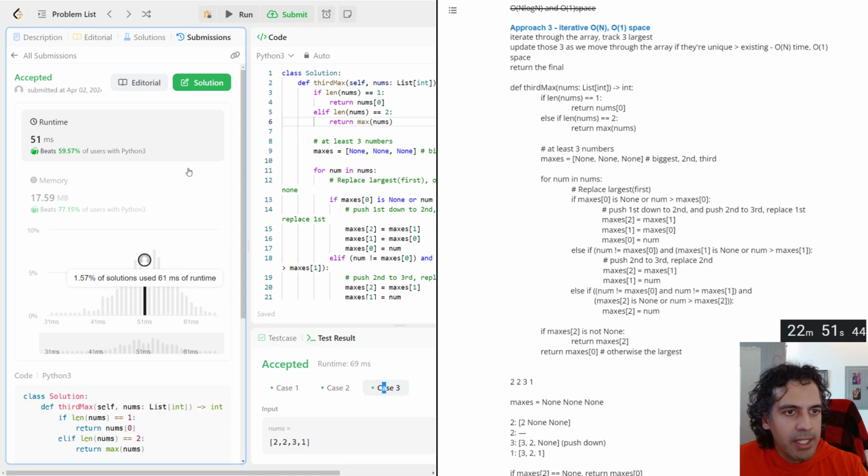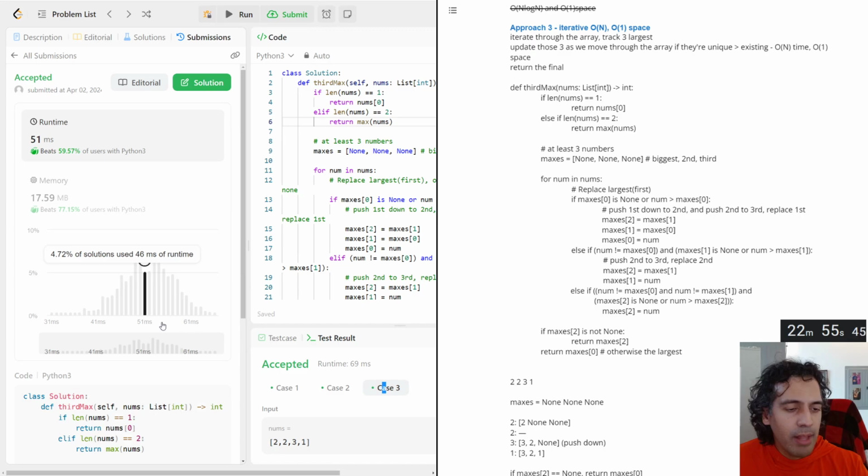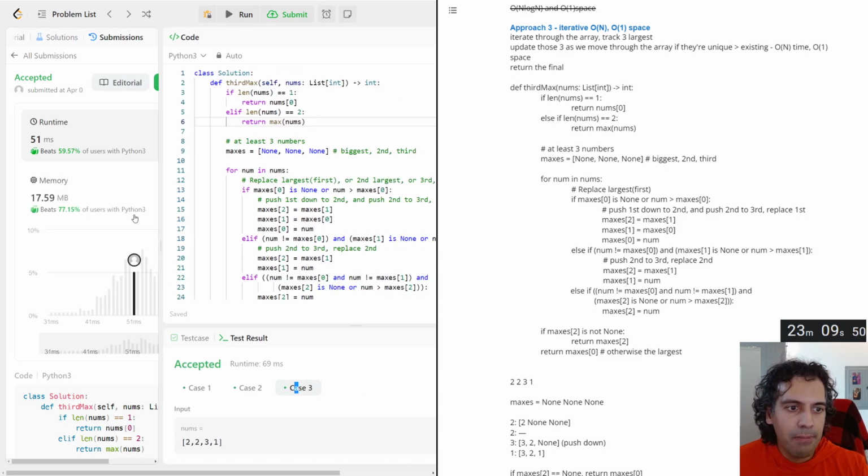All right, cool. And it was accepted and it ran in average time. I think the amount of time it takes to run this isn't going to be that important for an easy question. It's good to be within the right ballpark, but there's going to be some tricks and little shortcuts that take advantage of the C backend in Python for running on Leetcode that doesn't have to do with the algorithmic